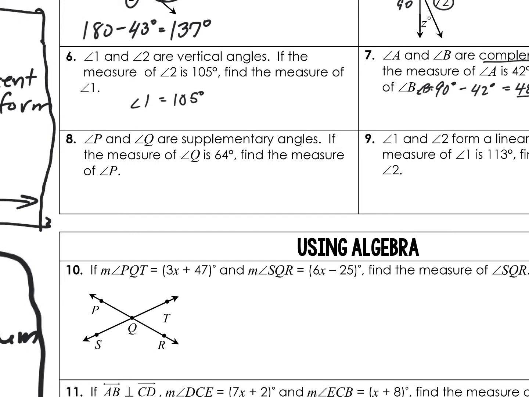Number 8, angle P and Q are supplementary angles. That means they add up to equal 180. The measure of angle Q is 64. Find the measure of angle P. So the measure of angle P is equal to 180 minus 64. And that is